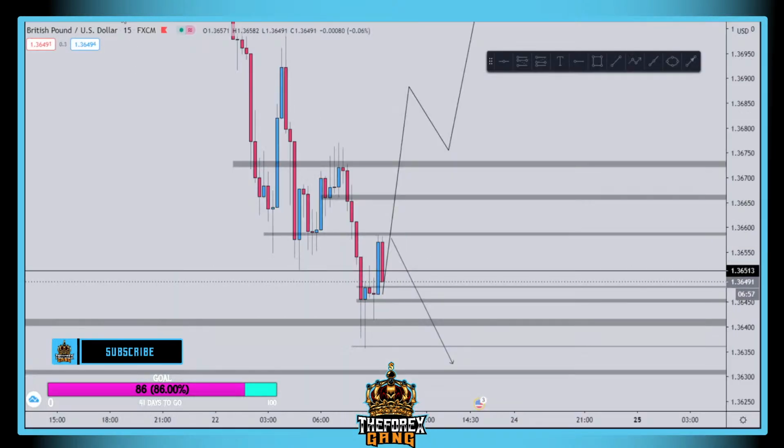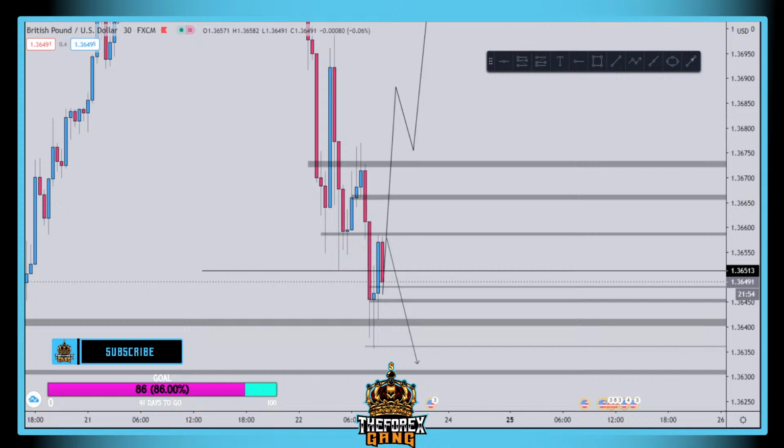Wow. It's 15 minutes coming down. Is it making the 30 minutes slower wick? Let's see. Say if the news comes in and it was bad for the US dollar, then the pound's going to go up. If it was good for the US dollar, the pound should fall. And if this comes down and breaks the 30 minutes low, I would want to enter. So if it breaks its own 4-hour wick, which is just the previous 30 minutes. Yes, sir.